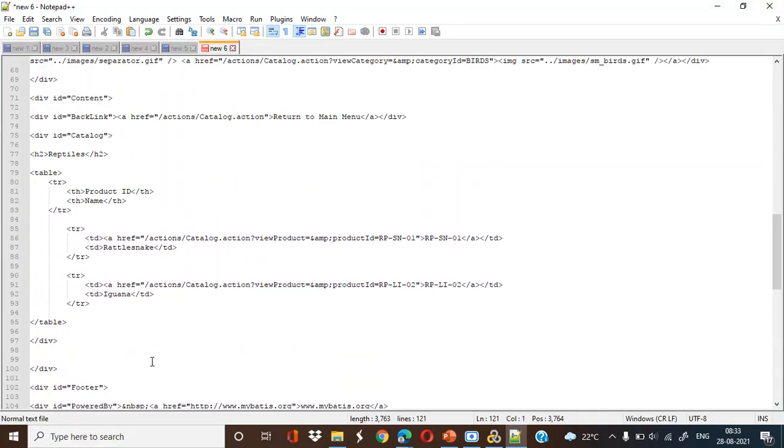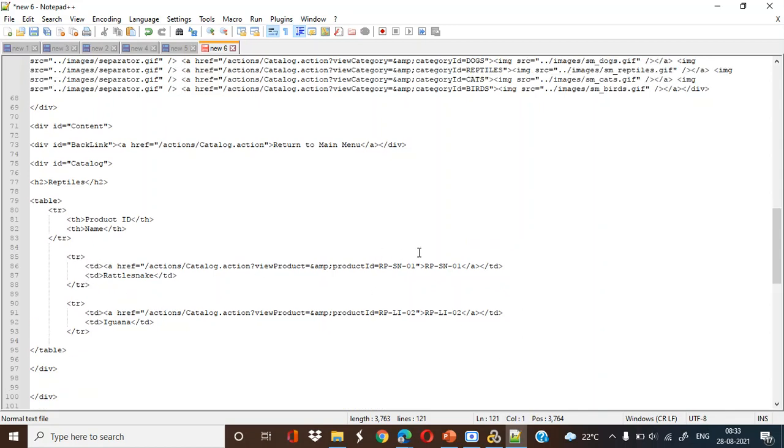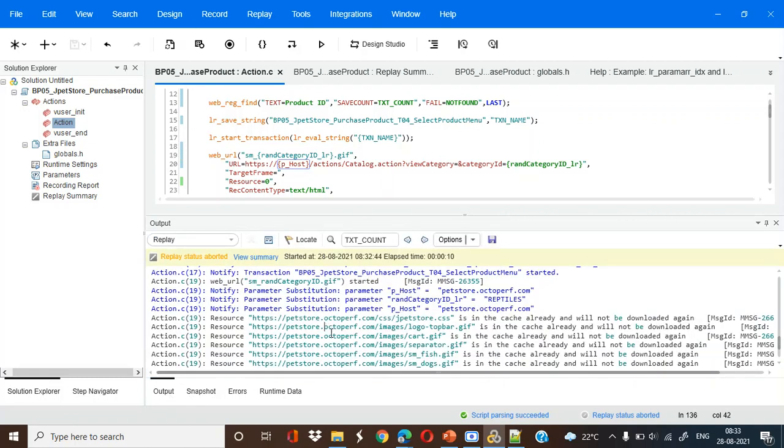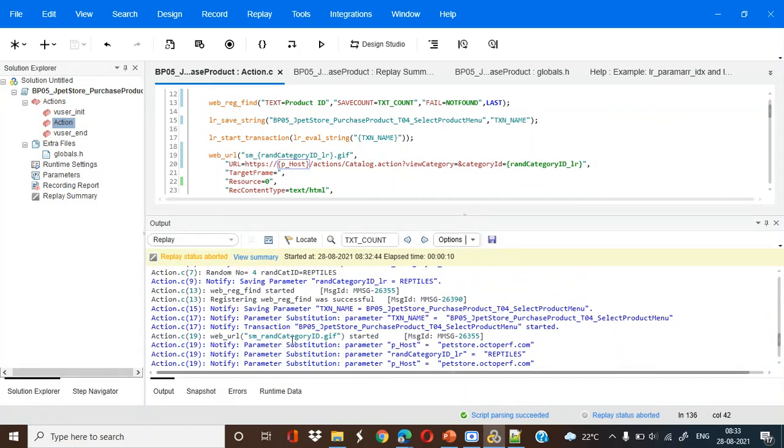See, this is what I was telling. Before, there was no RPSL SN01, and because it is just becoming a string and is not being converted, we can pass this particular thing here. Now I'll make you notice, whenever you go it is showing random category ID, because you are putting this thing in double quotes, so it itself becomes a string, single